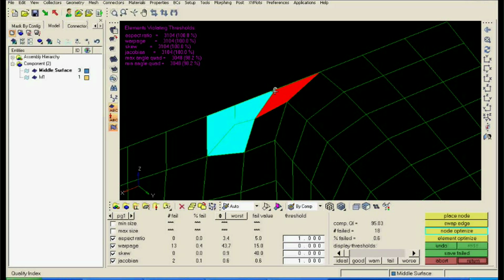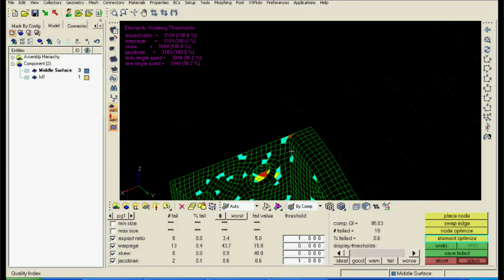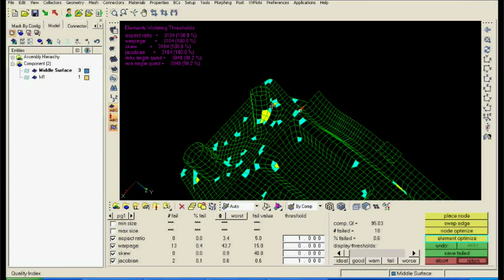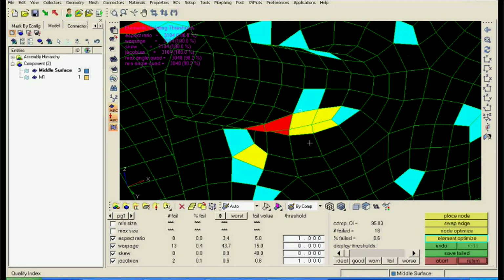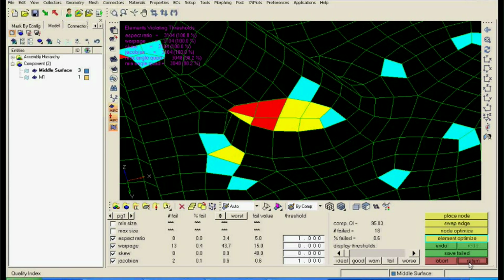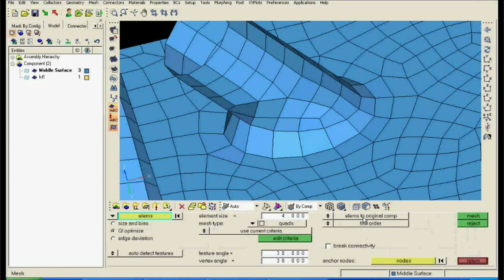So then also try to do a couple of things for these reds here, and we'll try to do something for that, again with remeshing like quality index. Let's see how good it